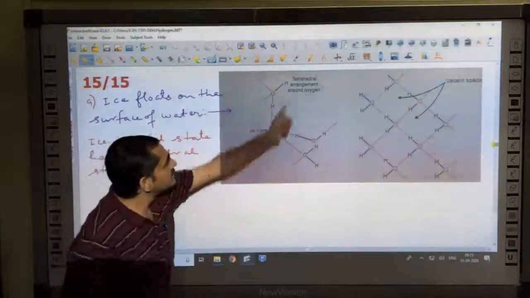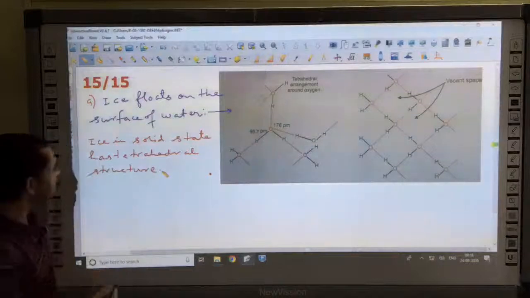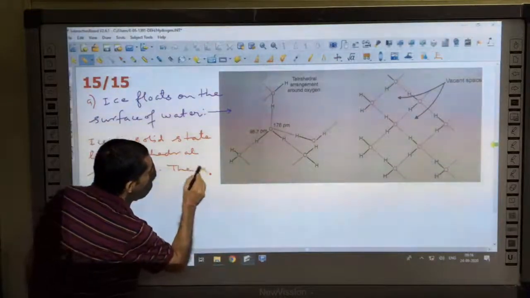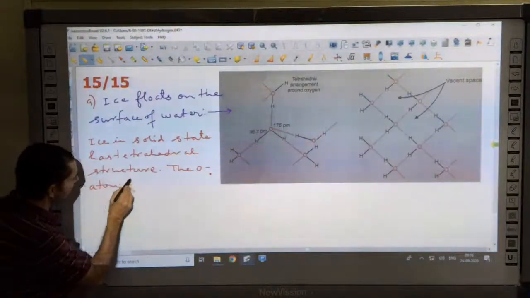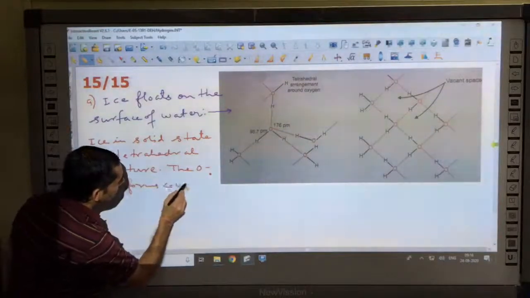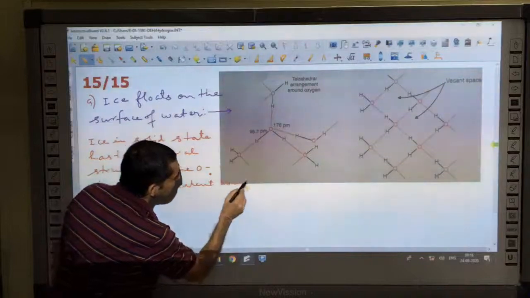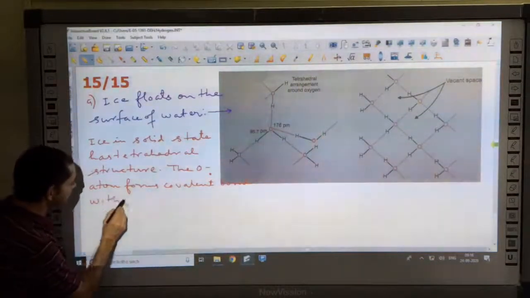It is having a tetrahedral structure. Clear? What is happening in this structure? The oxygen atom forms covalent bonds with two hydrogen atoms,